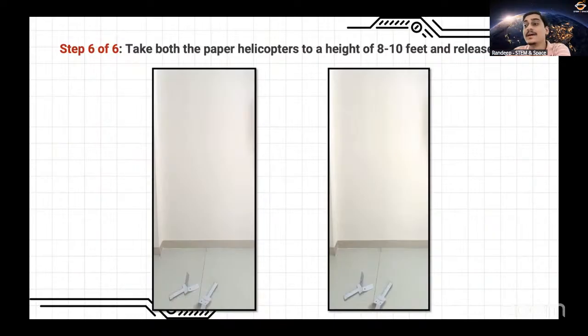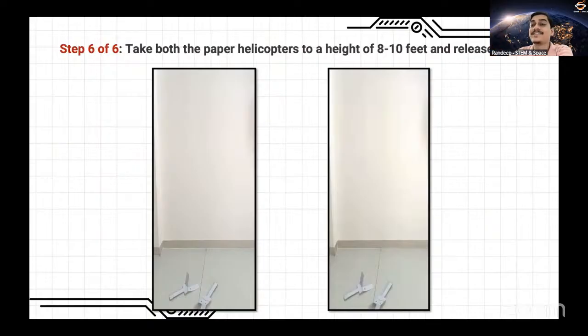And that happened because the longer blades actually gave more amount of spin. If you notice closely, let me just replay it once again. The ones with the longer blades actually spin much faster and produce more amount of spin as well.